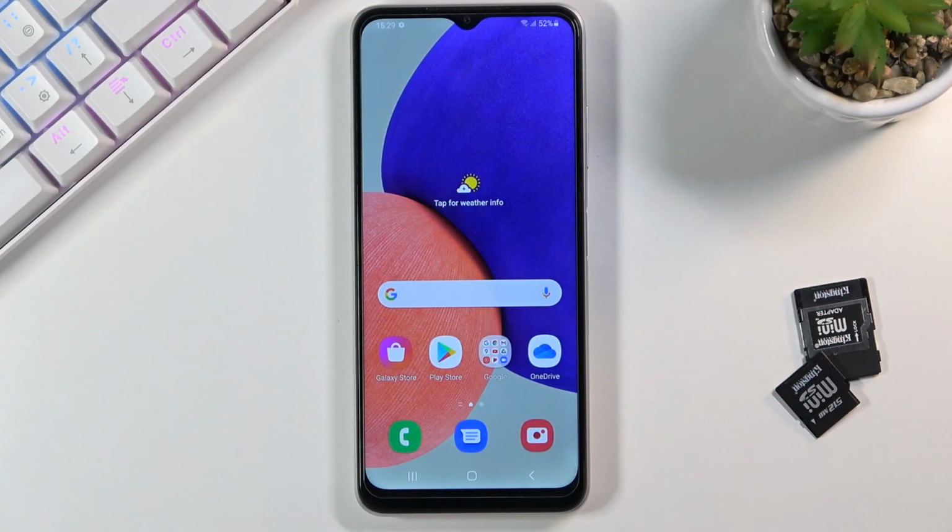Welcome, film is a Samsung Galaxy A22, and today I will show you how to wipe cache partition on this